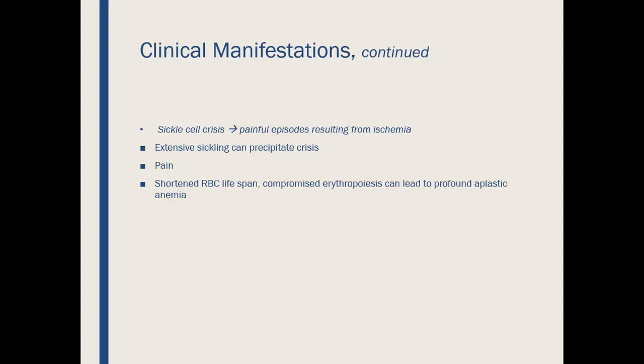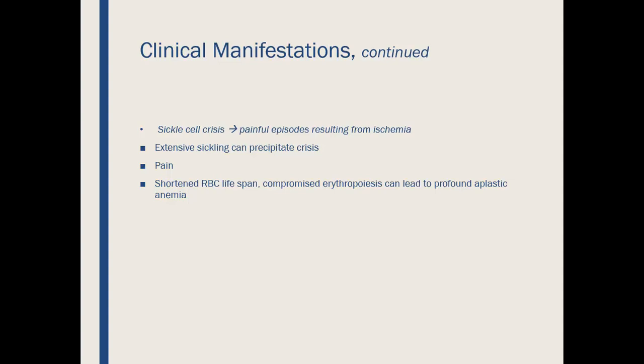They have shortened red blood cell lifespans. Compromised erythropoiesis can lead to profound aplastic anemia. So depending on the type of etiology, what's going on, it will depend on your symptoms. And so your